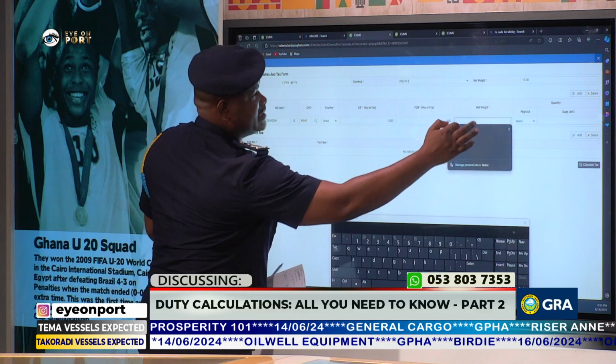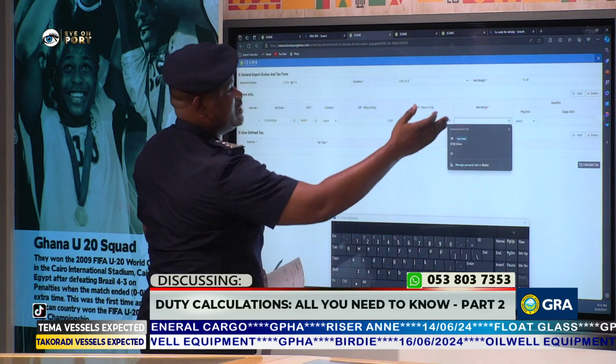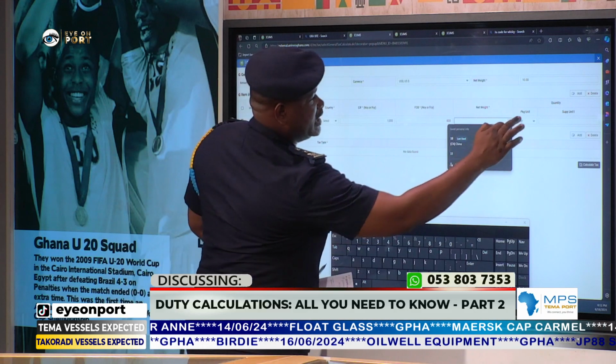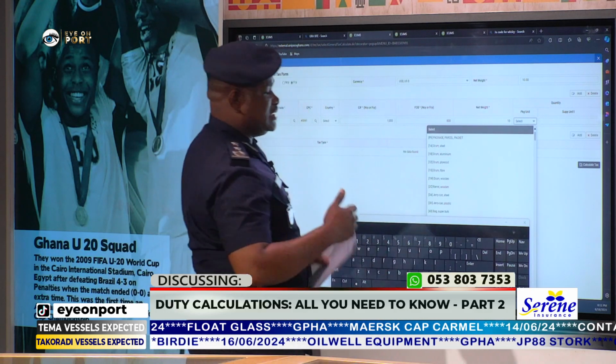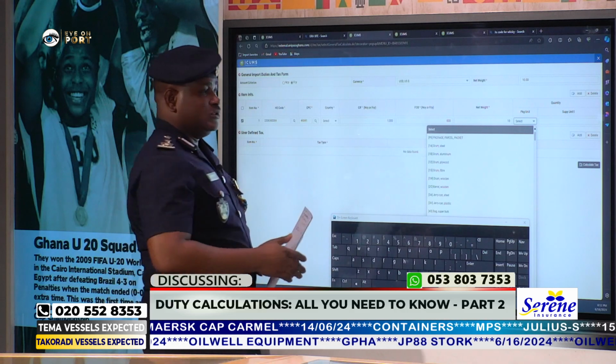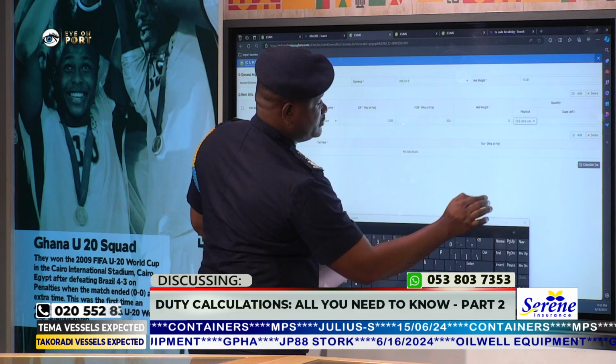And it is asking me to repeat the weight. In this case, because it's one item, I'm repeating the same one. Then I come to the unit. It's asking you, how is it packed? How is it packed? So in my case,